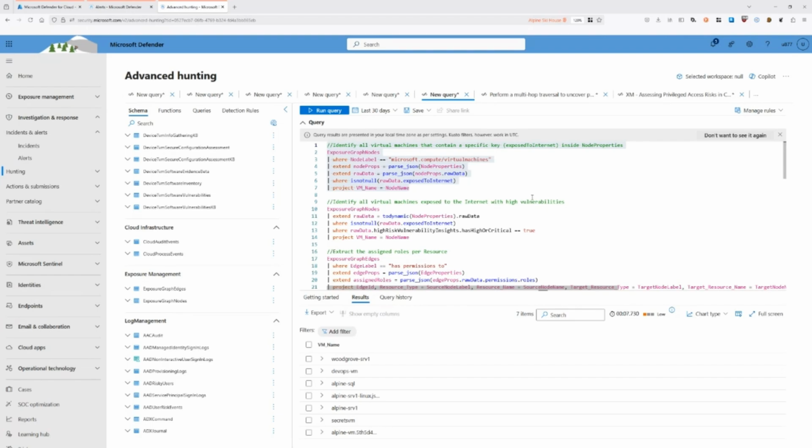So I'm going to use parse JSON. I can use the parse JSON to create an extended variable, which is called raw data. And then at that point, I can examine some of the information in there. In here, particularly, I'm looking for any virtual machine that is exposed to the internet. So basically, I'm getting a result of 7 VMs within my environment that are actually exposed to the